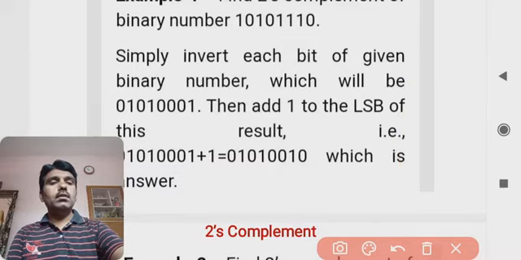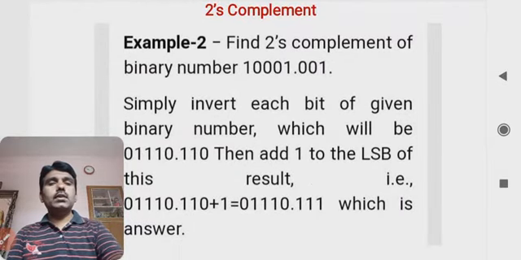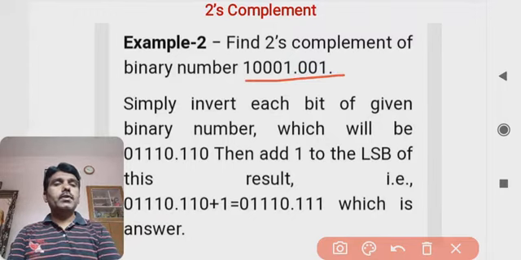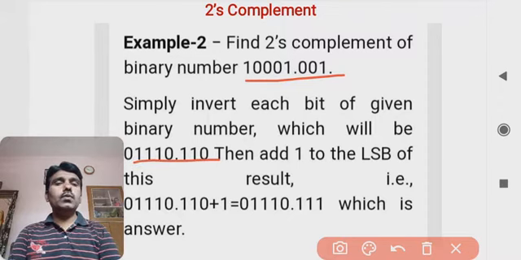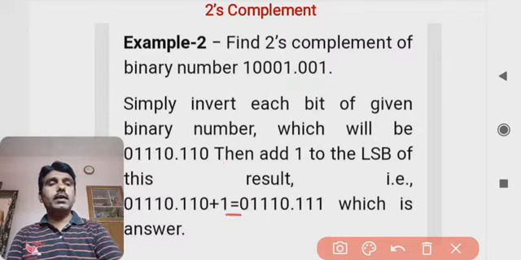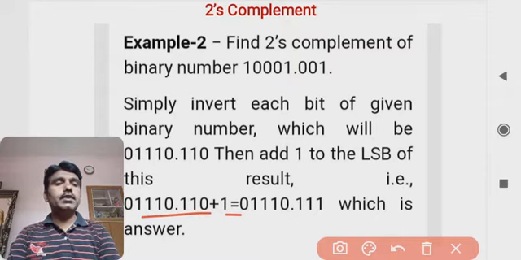Another example for converting 2's complement is with a fraction. Again, if you look at this case, it is 10001.001. The same thing will be there. You have to invert it and you will get 0.010. For this 00 it is 11, and for this one it is 0. So just add 1 into the LSB, and you will find where you have to add. You have to add in this fraction's last LSB.